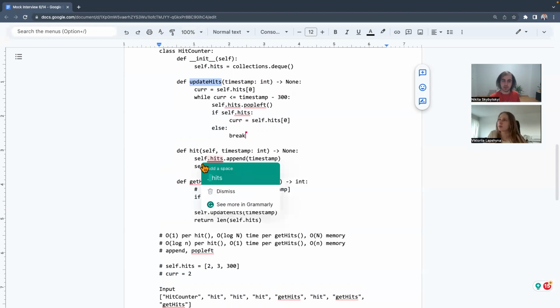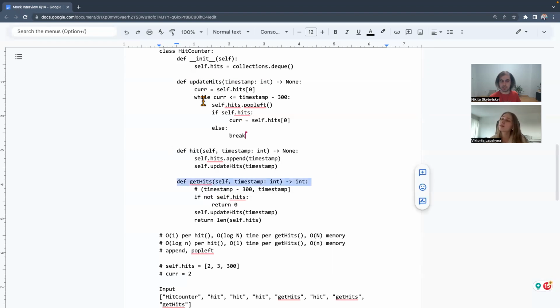So here, look, we called this update hits on self, right? But there is a difference between get hits and update hits. Get hits is an instance method, and update hits is not an instance method because we are missing something important here.